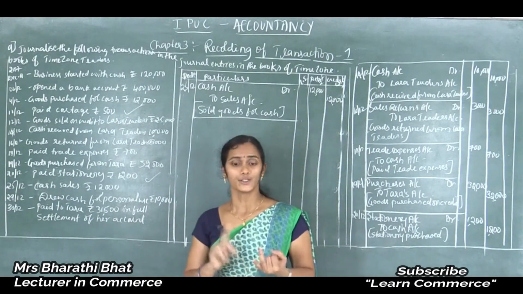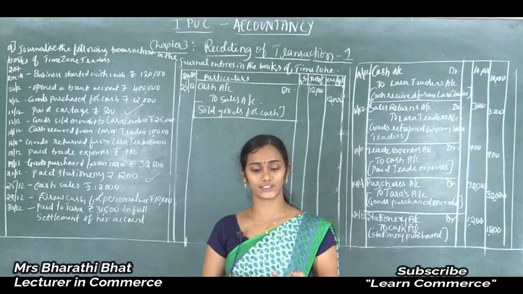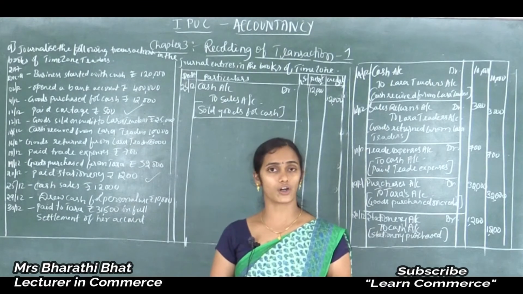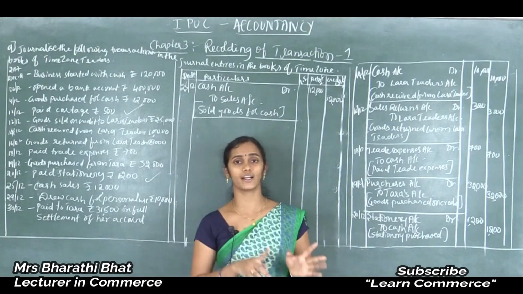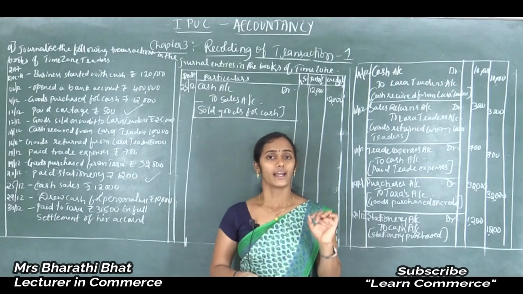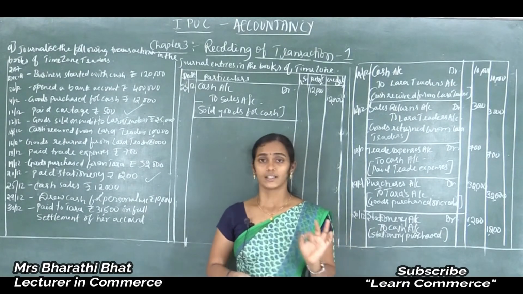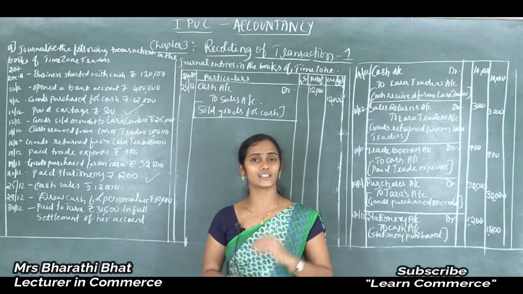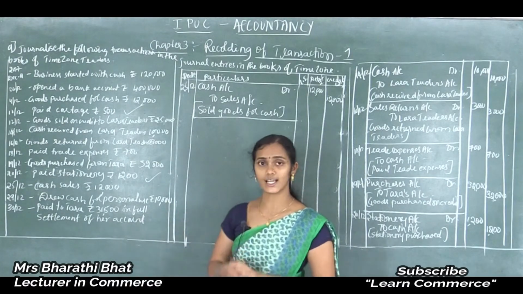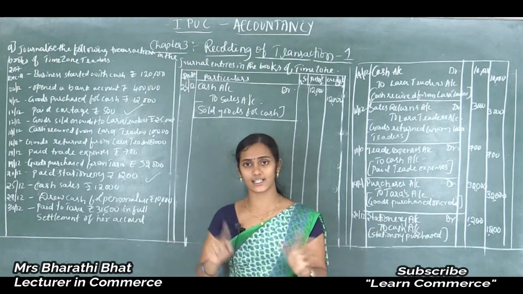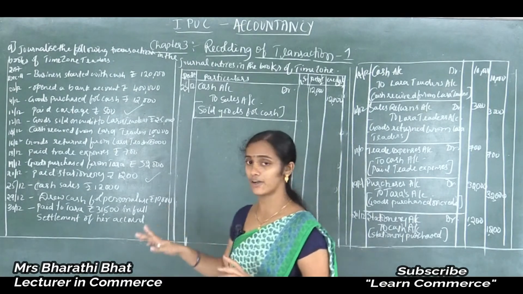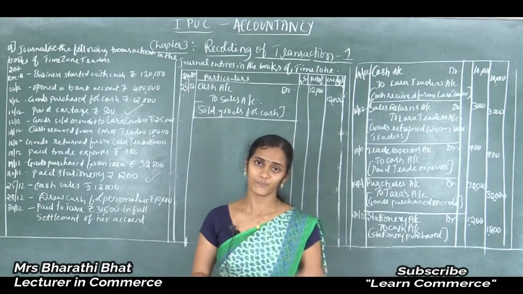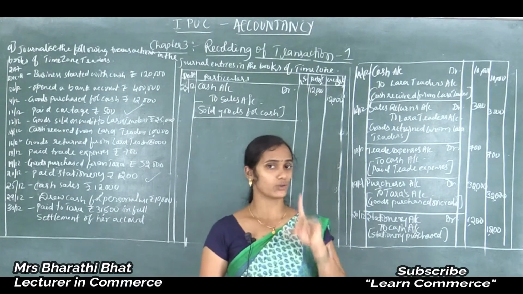So according to that, two accounts are involved in that particular transaction. One is drawings account and another one is cash account. Drawings comes under capital account, cash comes under asset account. So what is the rule of capital? According to the rules of capital, increase in capital is to be credited, decrease in capital is to be debited. Increase in asset is to be debited, decrease in asset is to be credited. Clear? So now when we withdraw something, our capital shows decreased value.